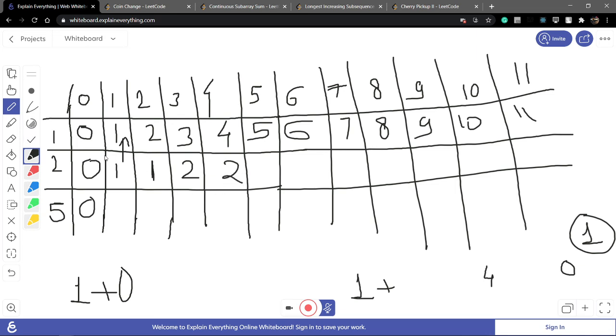Okay, 5 minus 2, 3. What is the value of 3? 2. That is minimum number of 3 because 1 coin this and 3 coin. How to make 3 sum from the 1 or 2? Need 1 or 2, only need a 1 coin. To make a 3 sum need a 2 coin.